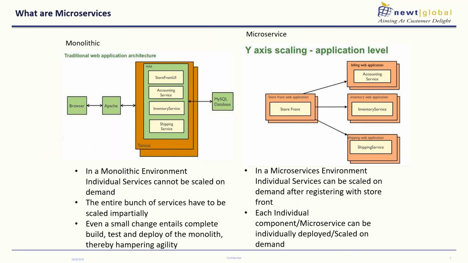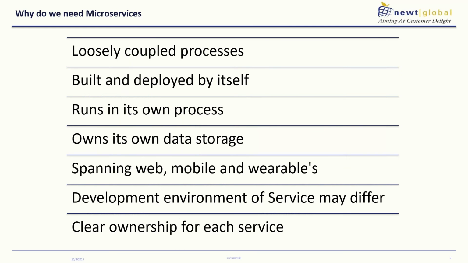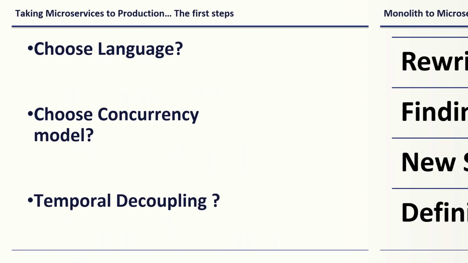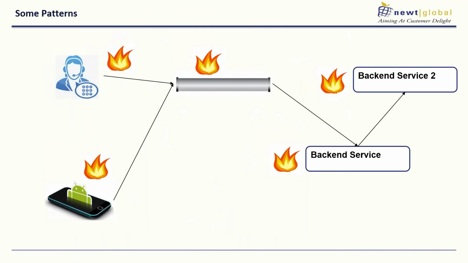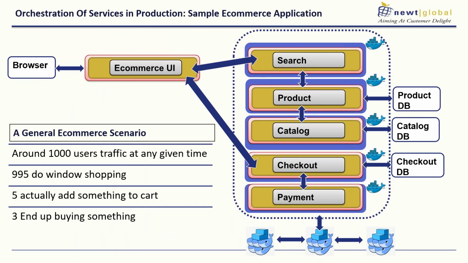With the share-nothing concept of services, how do we preserve data integrity across microservices? That's a very good question. If you recollect, we talked about temporal decoupling, right? I'll give you a simple example that makes it easy. If you remember, we talked about an e-commerce system. Let me go back to the slide that will make it easy.